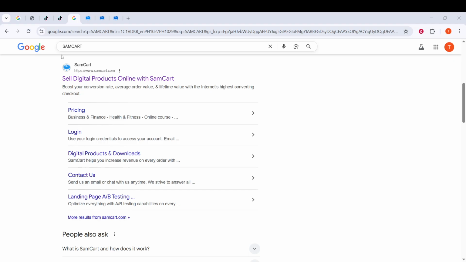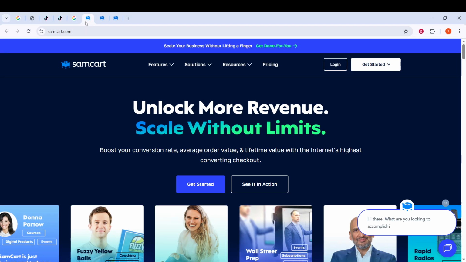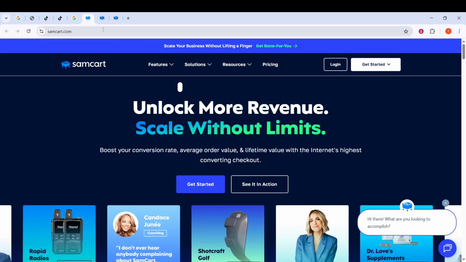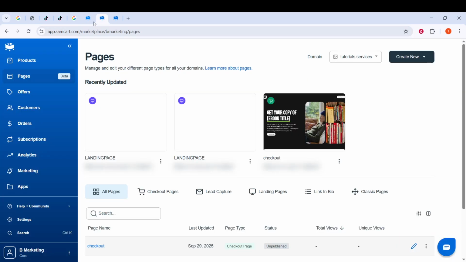First, let's start by opening up your web browser and heading over to Samcart's website. If you already have an account, you'll want to log in using your credentials. Once you're logged in, take a look at the left-hand menu and locate the Pages tab. Clicking on this will take you to a section where you can manage all your existing pages and, more importantly,